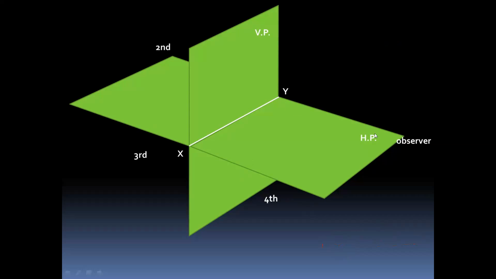Here I am assuming this rectangular object, a rectangular box, in the first quadrant. You can observe here, we have an observer. This is the object and this is the plane which is behind that object. Now we have to observe this object from different directions. Right now the observer is standing in the front direction.